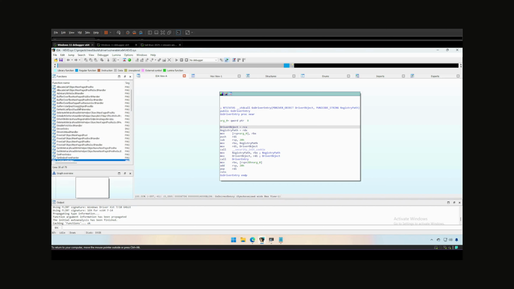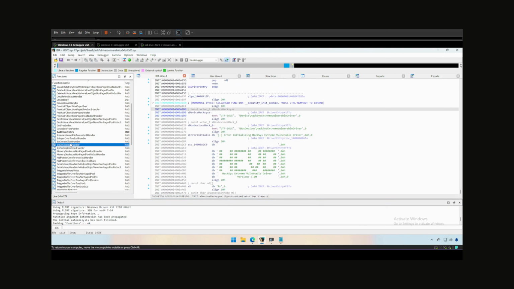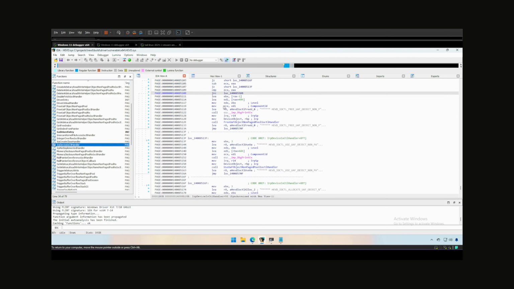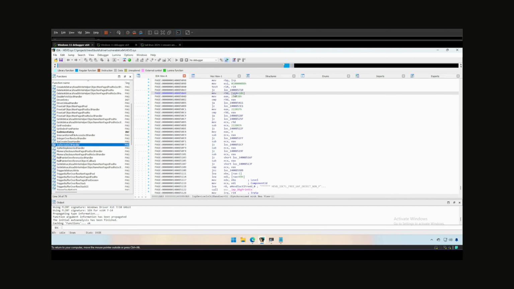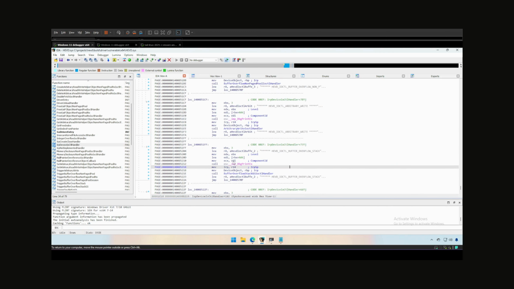So first let's hunt for the IRP device control IOCTL handler. Okay, first let's change it to text, please. Okay, that's pretty cool. So just click on it, and here you can see we have loaded this, and you can see we have free UAF object, non-paged handler, use UAF object pool. There is so much stuff over here, these are all vulnerable